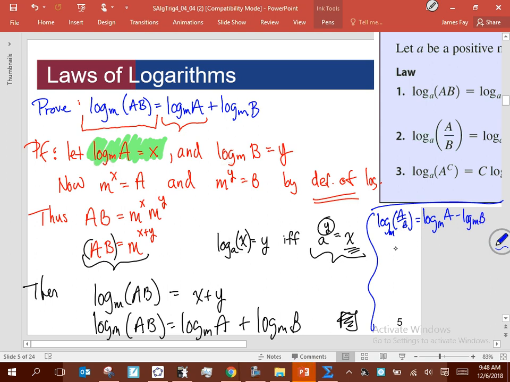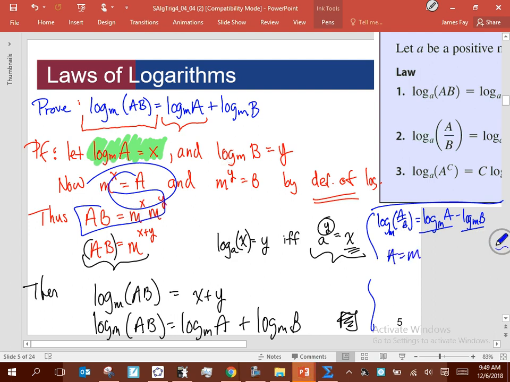If I let x equal log base m of A again, and let y be log base m of B, then using the definition,